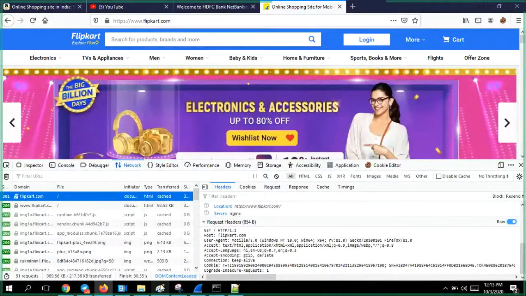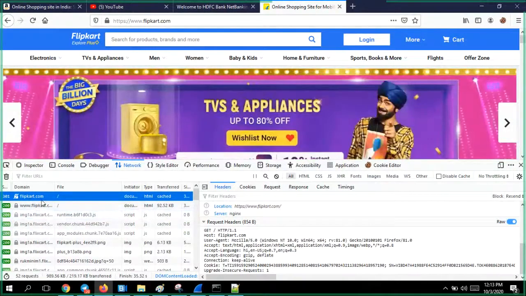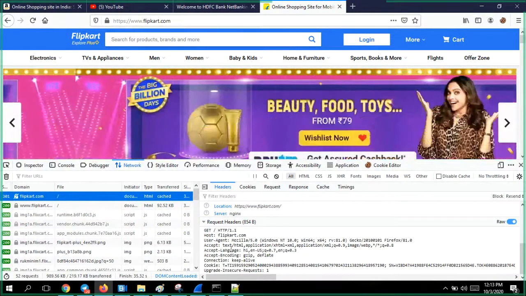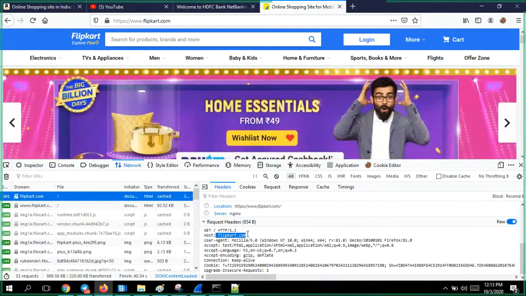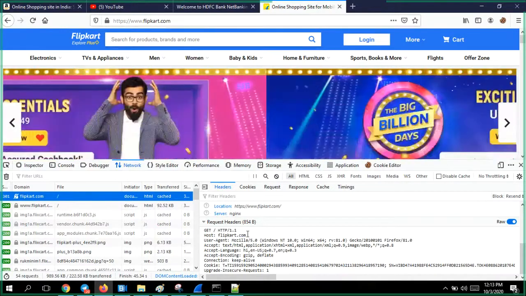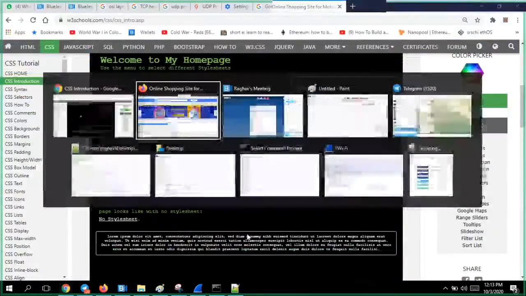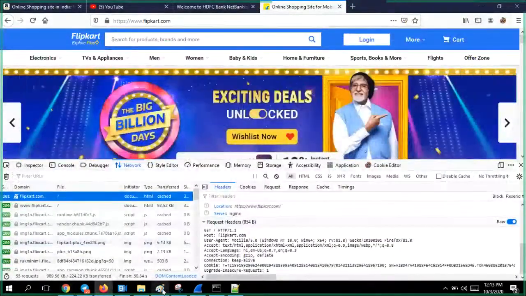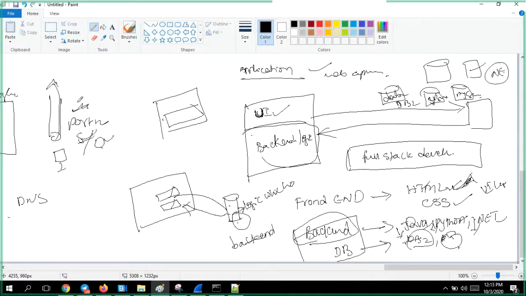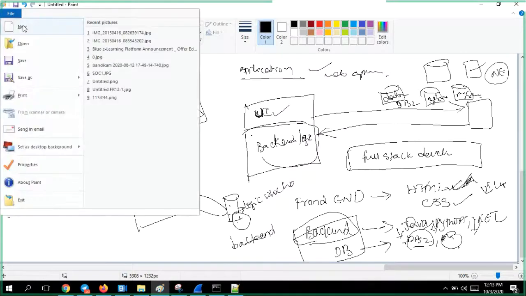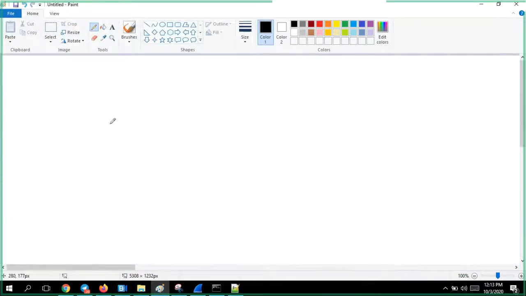When you send the request first time, you are asking for some web page, that is flipkart.com. See, this HTTP is the request, whatever you are making.